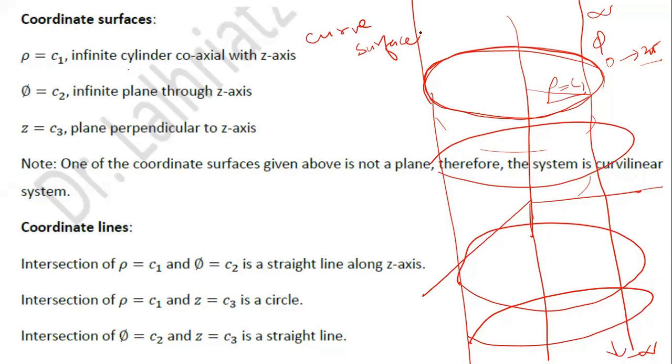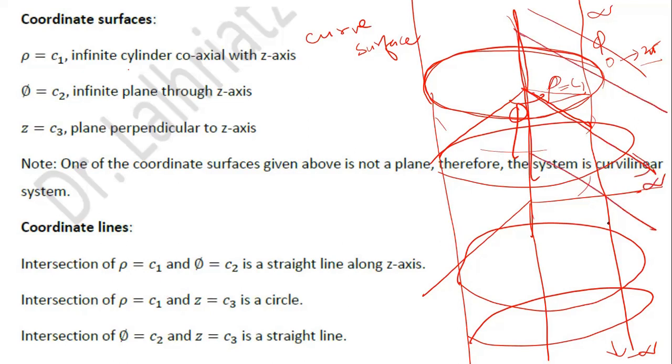And if you fix the value of your phi here, you will see that by varying rho from 0 to infinity, and also by varying the z value from minus infinity